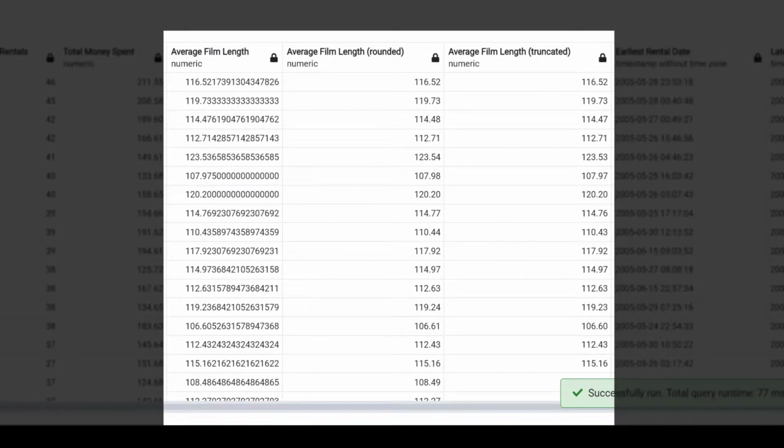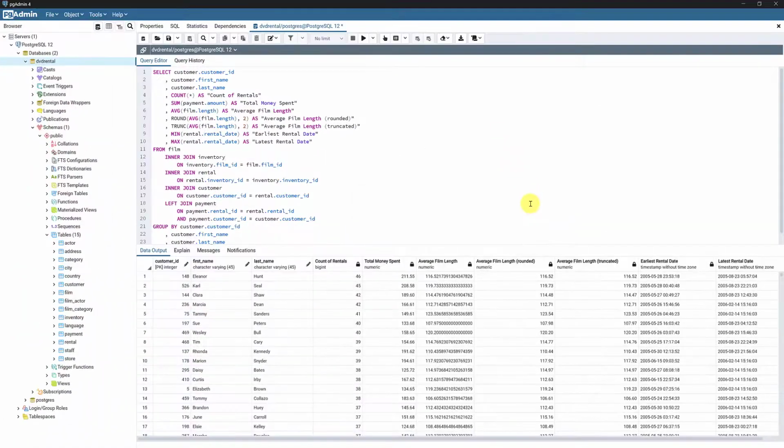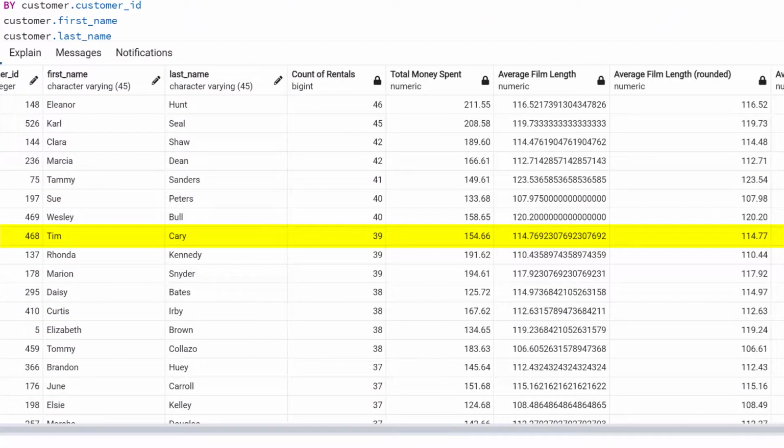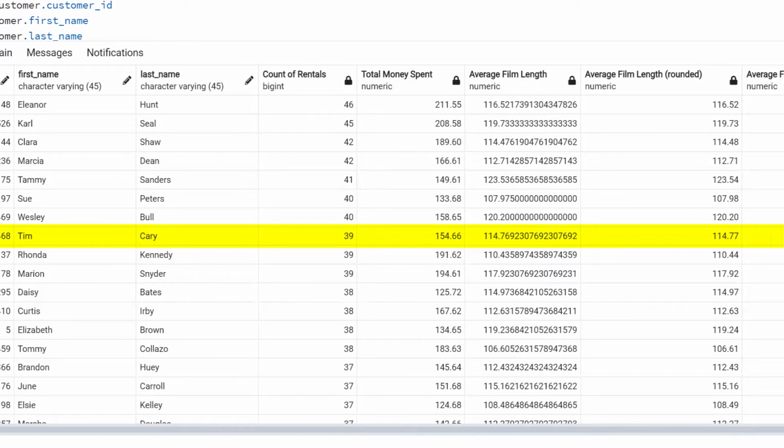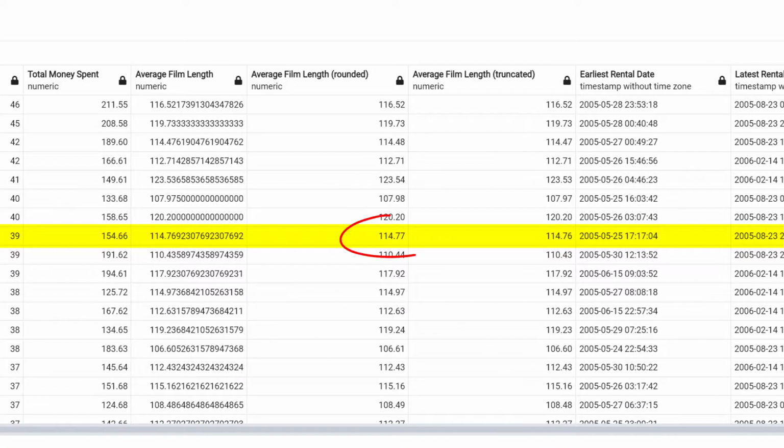Now we have the truncated column added to our results as well, but look at these numbers side by side with the rounded numbers, and it's easy to spot the difference. For instance, take our customer Tim Carey, whose average length of the films he has rented is 114.769. The round function takes that number and rounds it up to 114.77, while the trunc function just cuts off the number after 2 decimal places, leaving it at